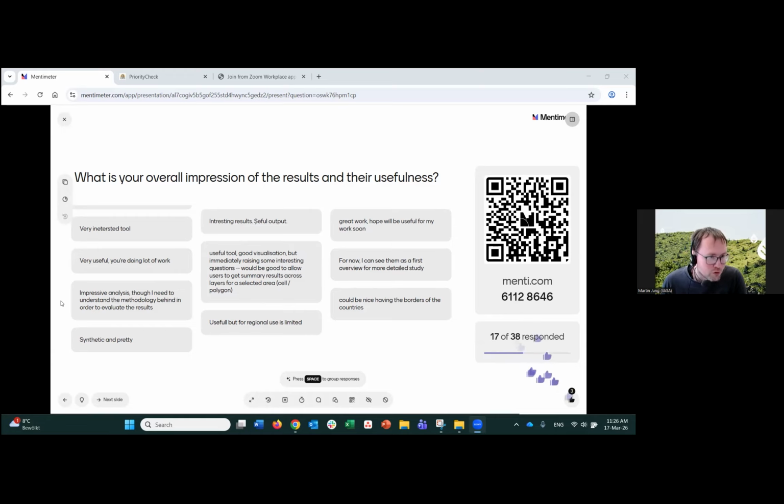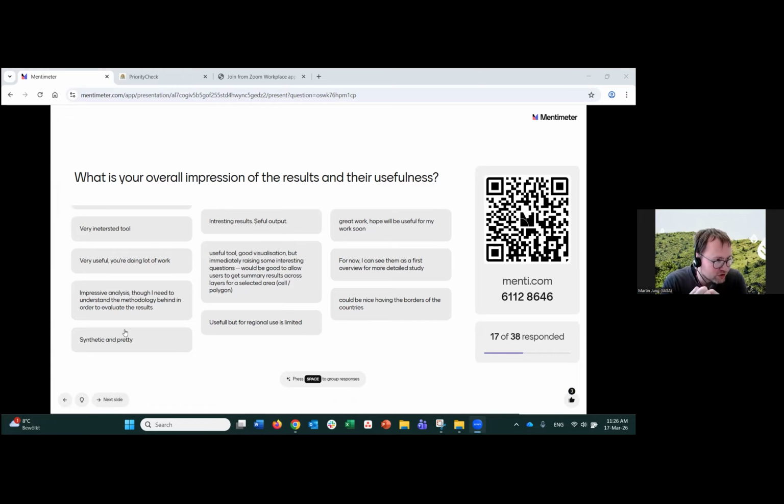First overview for more detailed study. Exactly, yes. What we've shown you here is not meant to replicate or replace any more local detailed planning you might have in your very specific area. It's more about providing a consistent view across Europe, and how different countries could share and work towards the implementation of the biodiversity strategy.